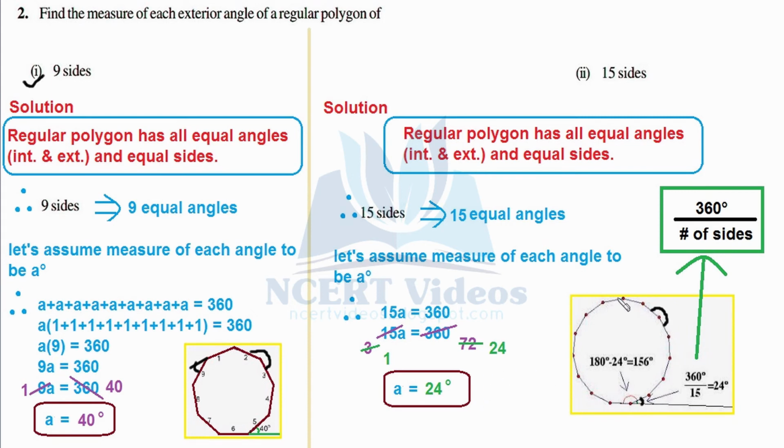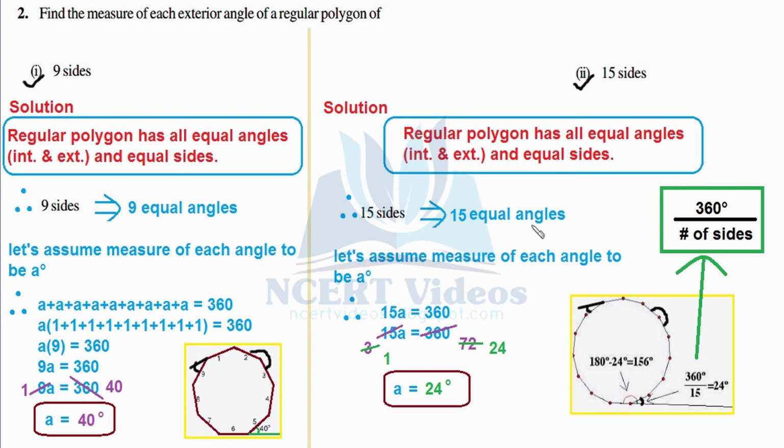Let's explain you again. Suppose you are traveling like this. If you don't deviate, you would go something like this, that is straight to this line. The angle that you deviated from original path, that is this angle, will be equal to 24 degrees, and this is the angle we are dealing with when we talk about exterior angles of a regular polygon, not this one. Although these angles are also equal in case of regular polygon. And again, all these sides are equal in case of regular polygon. With this, our second part is also completed.